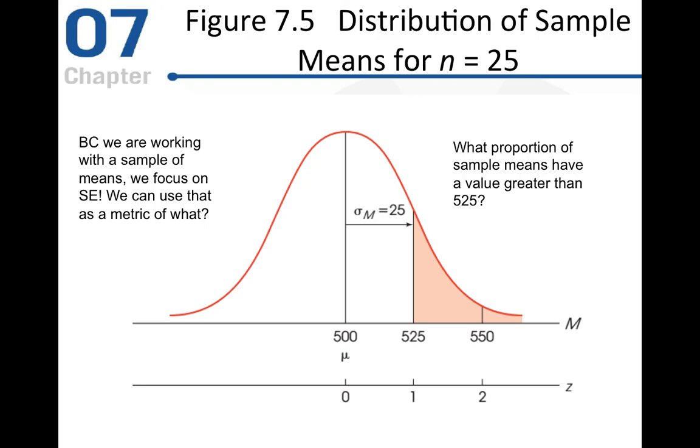You would go to a z-score of 1 and look to see what is the proportion in the tail right over here, and that is